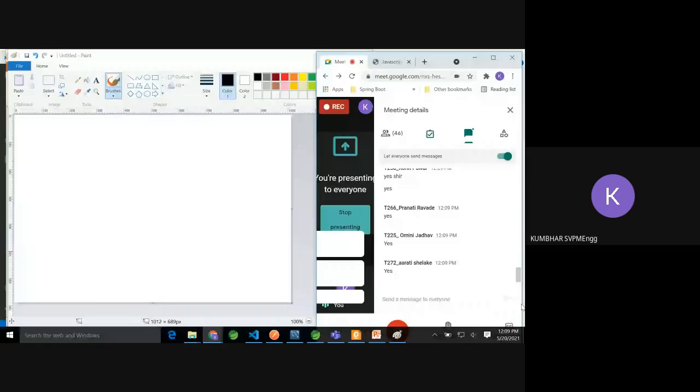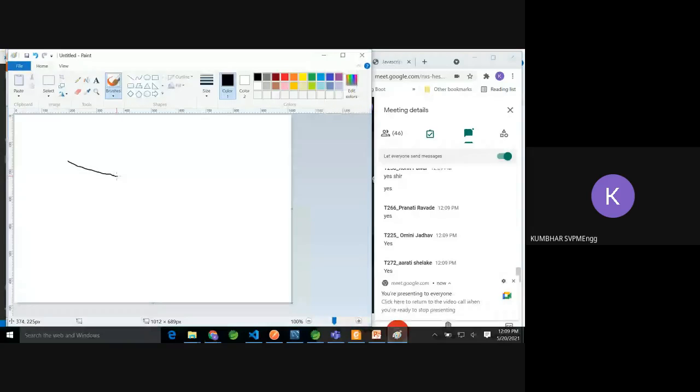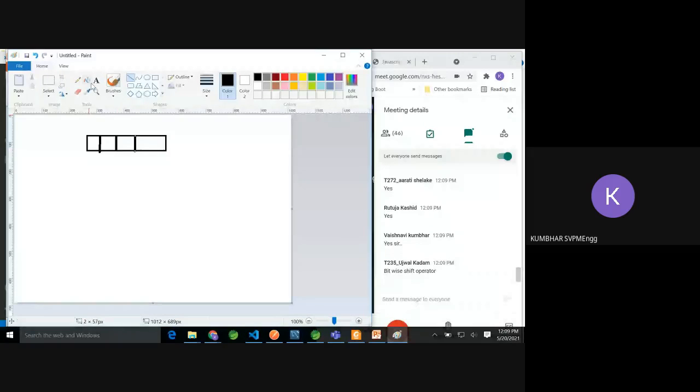If someone is not understanding, so for them, let me tell what the shift operator is. This is actually a bitwise operator. So if suppose we have, just a minute, it requires some time as I have to draw it. Let's say this is a 4-bit number. So you have to tell me what this number I am writing is in decimal.